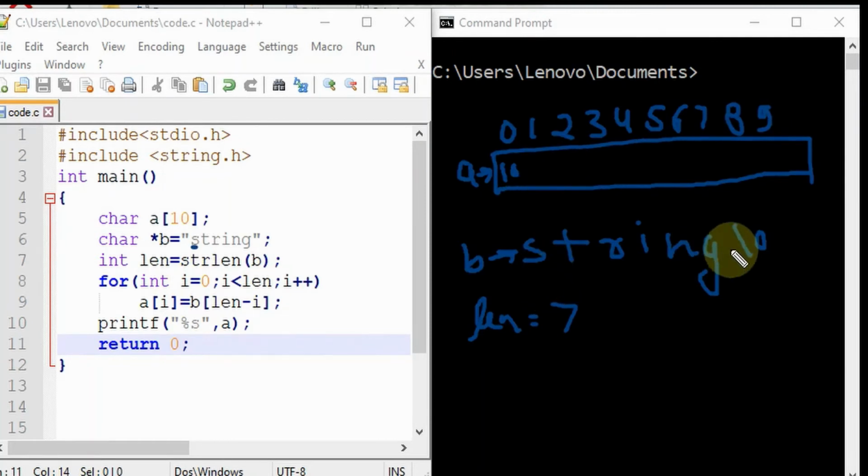So first the null is copied here, and after that our i value will be increased, and then the second last value will be copied. So the complete string will be copied in a reverse manner. This is how our complete string will be copied. This loop will run 7 times, and after that it will exit. So the complete string is copied in a reverse manner, and after that we try to print our string